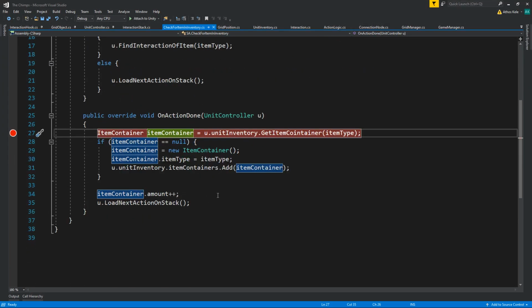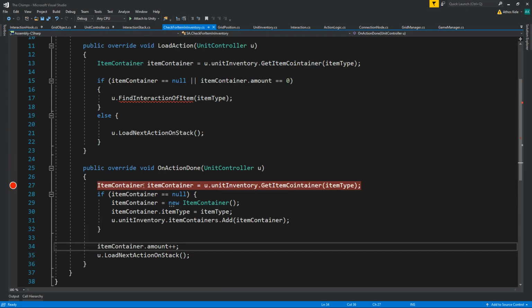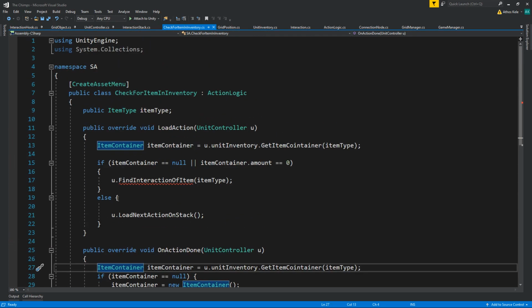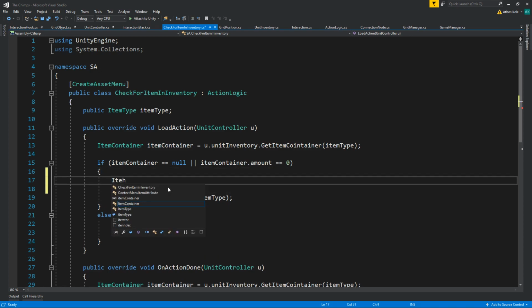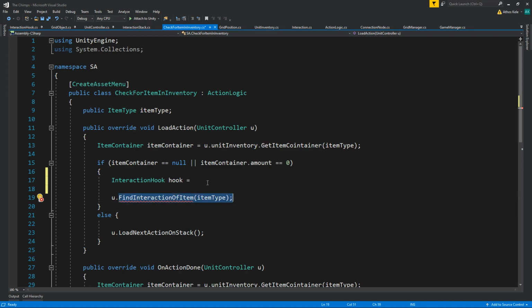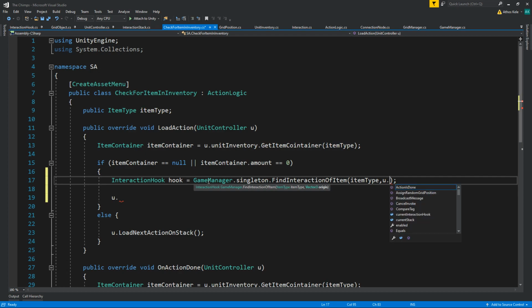Let's open this here. Okay. Here we are. So how this will be now is we should have an item or interaction hook. Okay, get the hook, and we get the hook from the game manager dot singleton dot find interaction hook of item type of unit